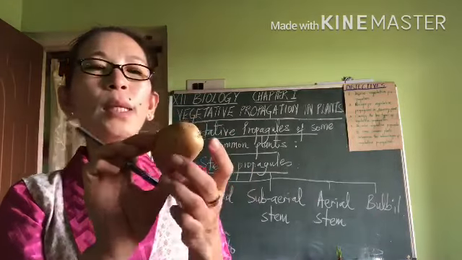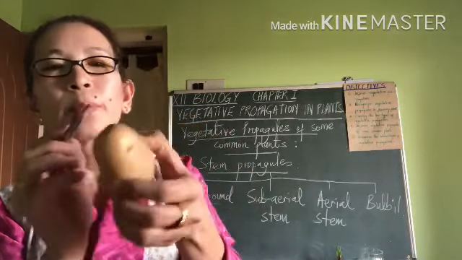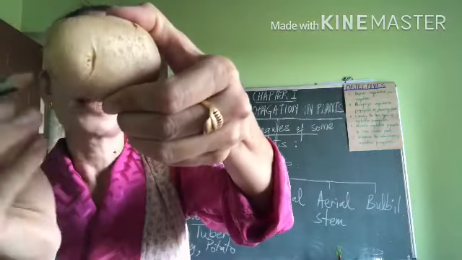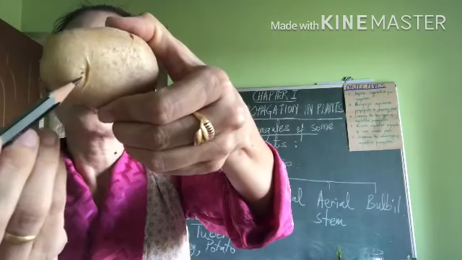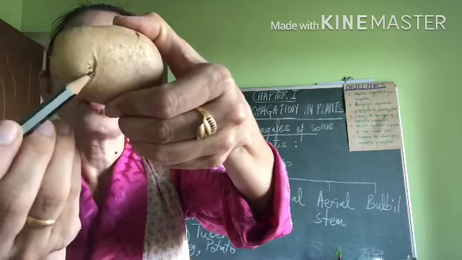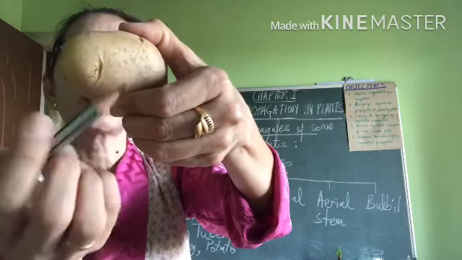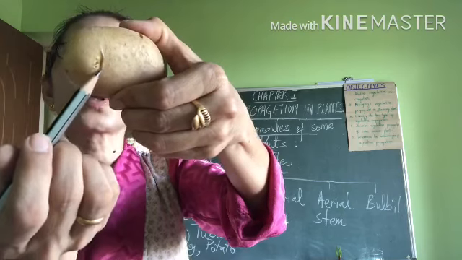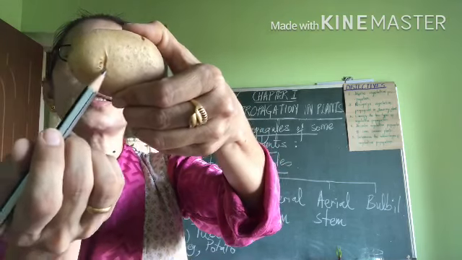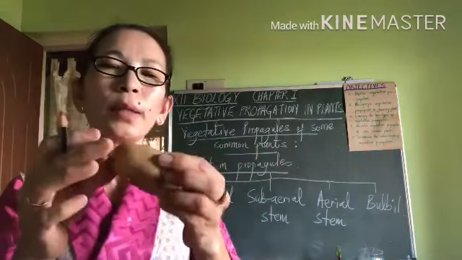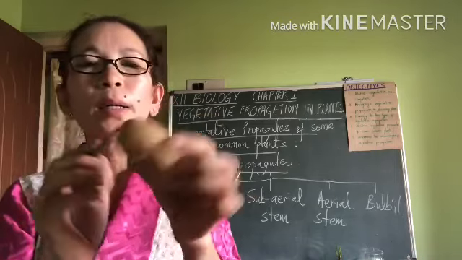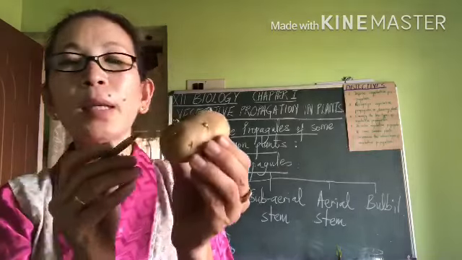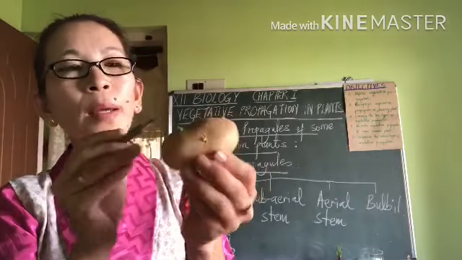Now if you look closely in these eyes, you do find a tiny bud. So the eyes have a tiny bud in there, and you can also feel it, it even has a very tiny scaly leaf just near this bud, right? So this kind of tuber carrying a bud eventually would be growing, right? They will be dividing, they will be growing, and